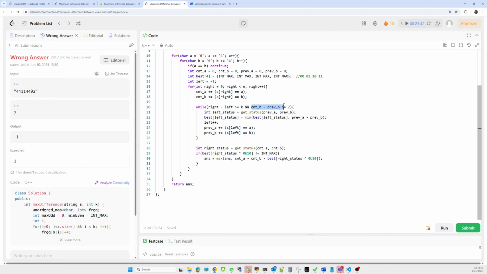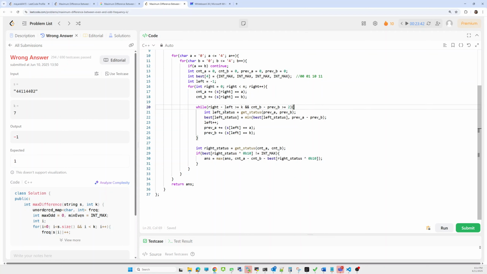and the substring has a minimum of two even elements. Because we want count B to correspond to even, and that even count should be at minimum 2. That's why we take this condition, where the difference will be 2 or greater than 2.